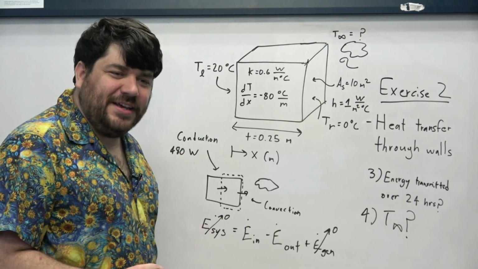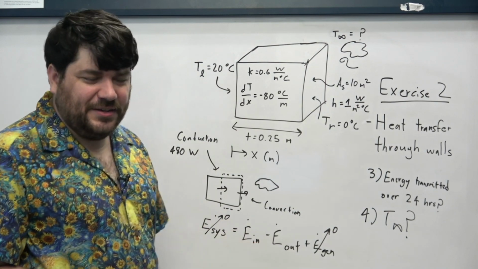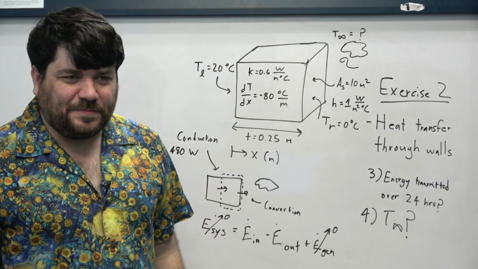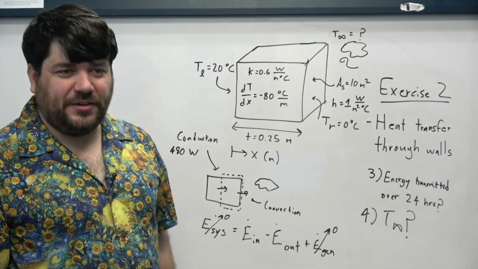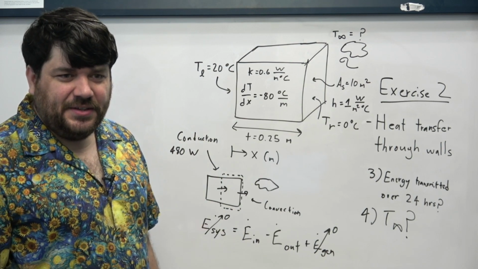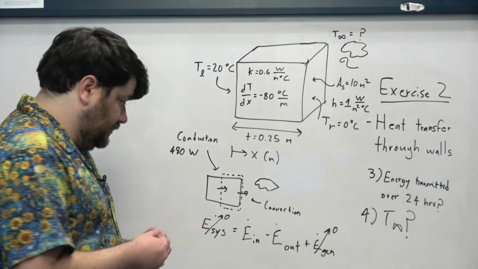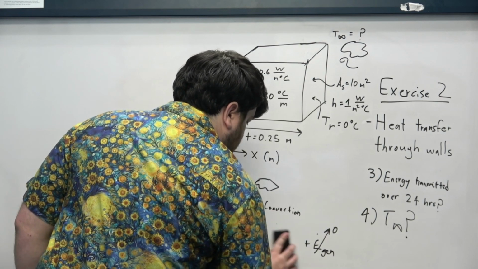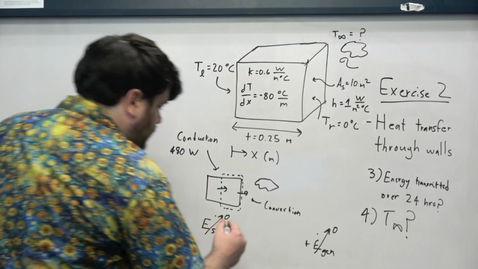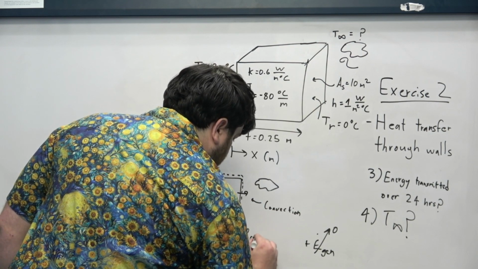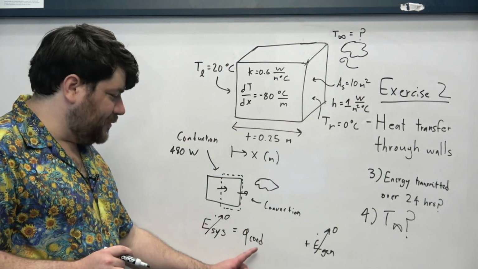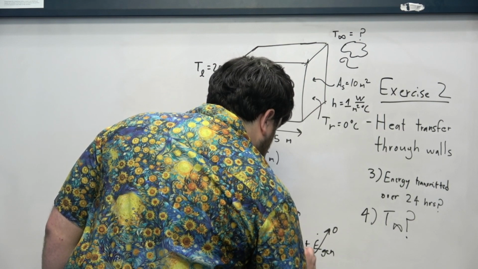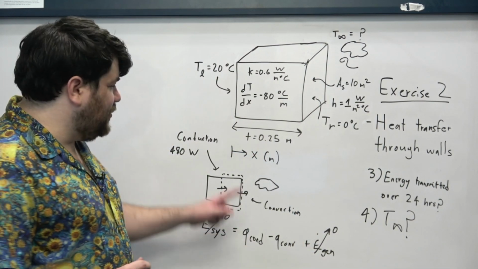And so the whole idea is that if we think of the process of feeding energy into this wall as being thermal conduction, that energy has to then go and exit via convection off the other side, right? And the implication there is that the heat transfer rate that we found conductively inside of the wall, this 480 watts, has to be exactly equal to whatever the heat transfer rate via convection is on the other side of the